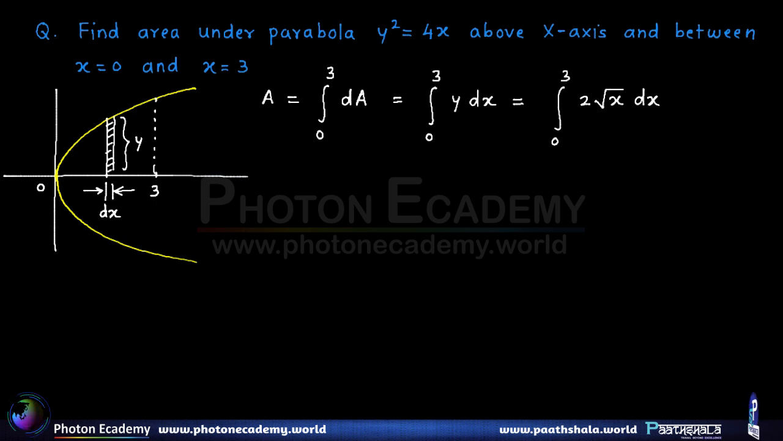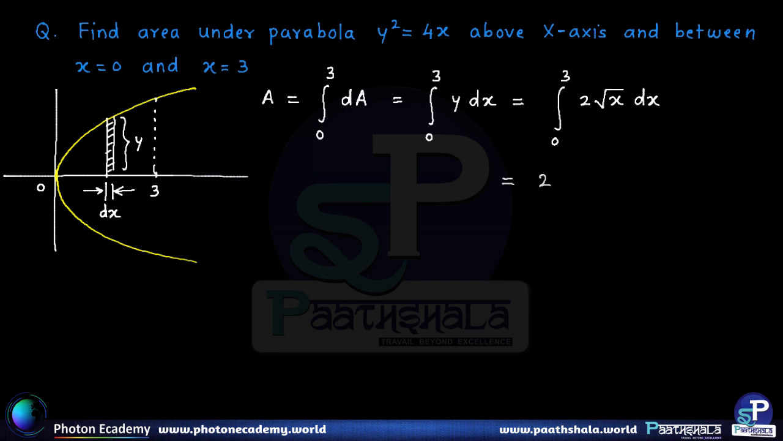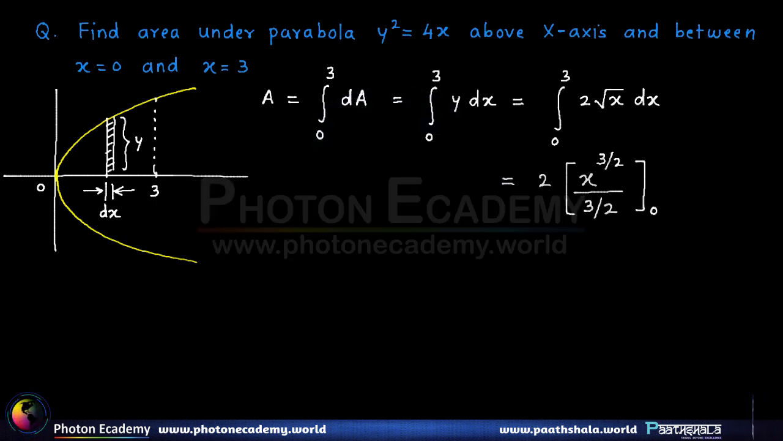Now this is straightforward to integrate. Let's take 2 outside, and root x is nothing but x raised to half, right? So therefore the integral of x raised to half will be x raised to half plus 1, that is x raised to 3 by 2 upon 3 by 2, from 0 to 3, which equals, bringing 3 by 2 above, we have 4 by 3,